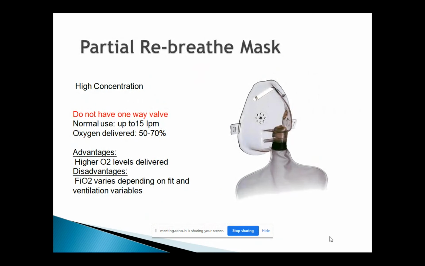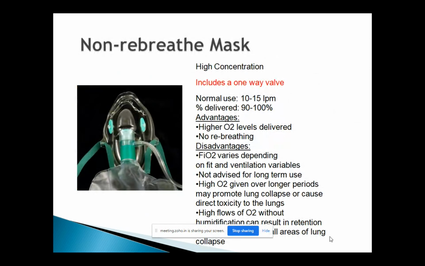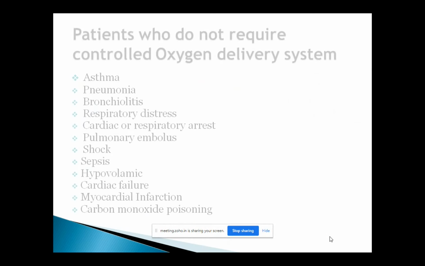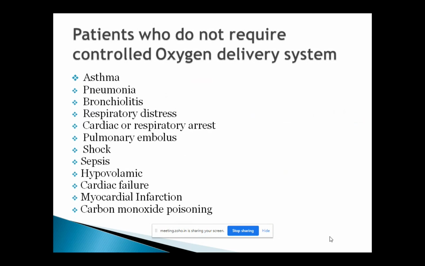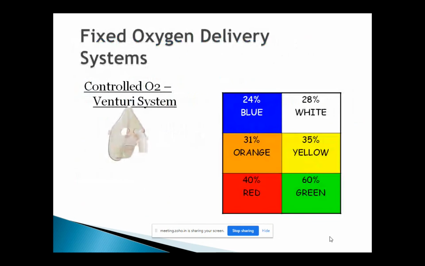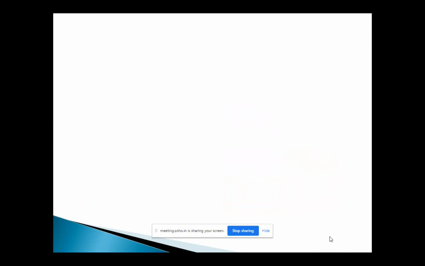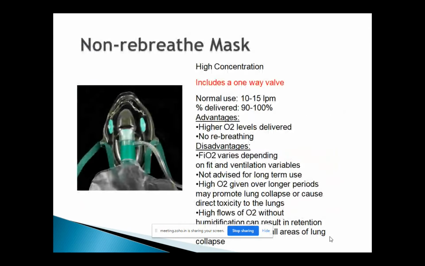In between this device and this device, the common mistake I've seen is when the patient must be improving, what they do is they try to wean the patient from the oxygen. They end up reducing the oxygen flow from 10 liters to 8 liters, 6 liters, and 5 liters. Remember, I said this mask is a very, very good mask if you're aiming to achieve high oxygen concentration.